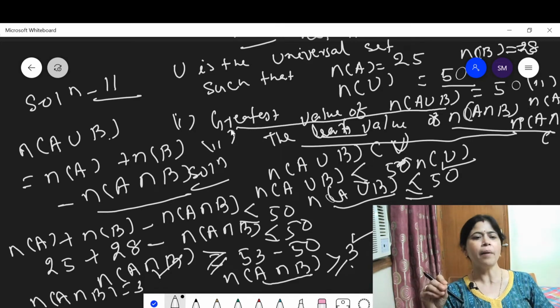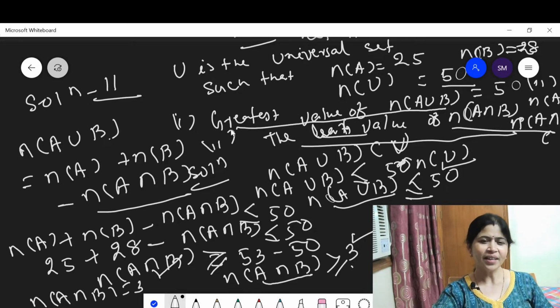Means कम से कम कितना elements A intersection B में हो सकते हैं? सबसे कम कितना? 3. 3 से ज़्यादा हो सकते हैं, but सबसे कम 3. Okay. Then